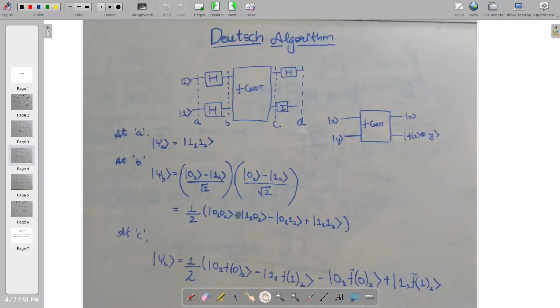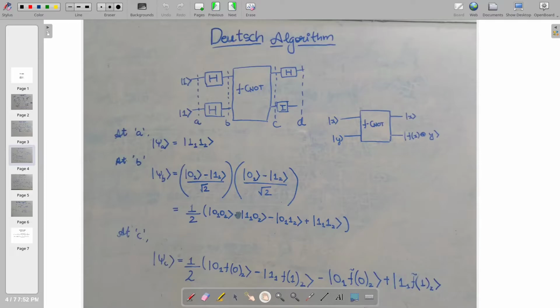Now moving further, here is where we actually apply the power or the superiority of quantum computation. We already know the principle of superposition. We already know that by passing a given qubit through a Hadamard gate, we can apply superposition onto it, which means that it has a probability of being in multiple states simultaneously.